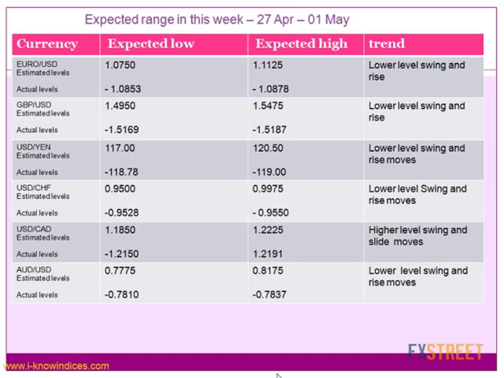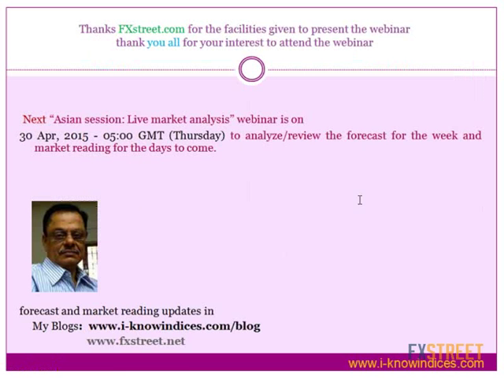They will make massive moves like 1,000, 1,500, 2,000 pips. And during the monthly trend reversal, they will try to make about 300 to 500 pips, 700 pips, that sort of moves. So we need to understand how they are trying to make such moves, which I extensively explained in my trading system webinars, recorded and displayed on fxstreet.net under my profile. Those who are interested can go through that, and it is free, and find out how exactly you can understand the market and the shift in trading zones.